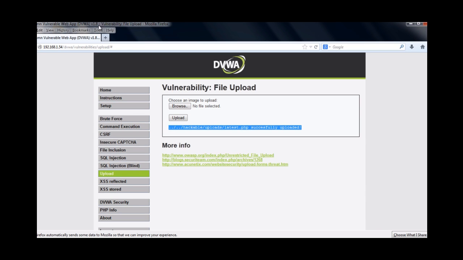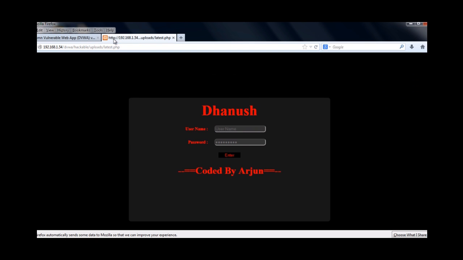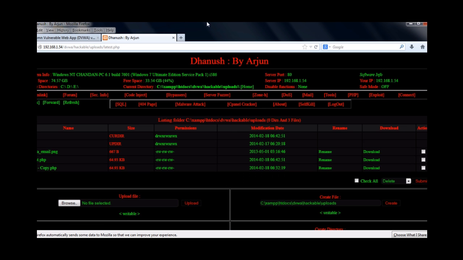Through this we have created a backdoor access which we can access anytime from a different interface than the application. We just have to know the URL of that shellcode. Typing in the URL such as dwwa/hackable/uploads/latest.php, which is the file that you have injected, and it has gone into this directory of the server, we can see that we get an interface for the shellcode. Typing in the default username and password for the shell, which we can change of course via the text editor, we have gotten access to the server.